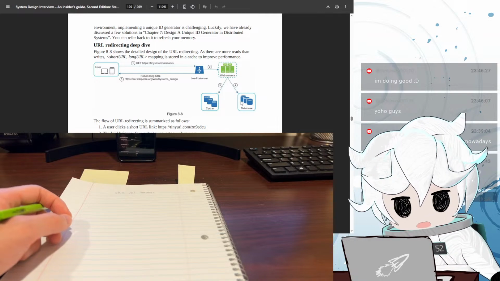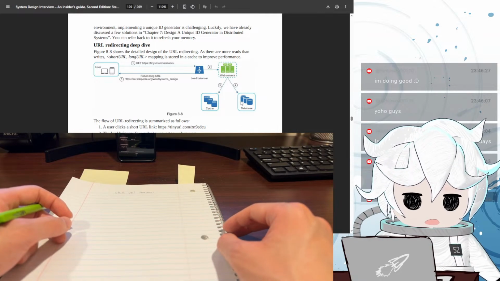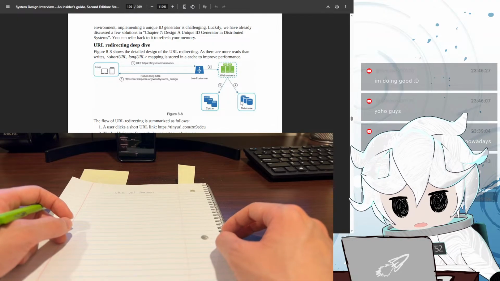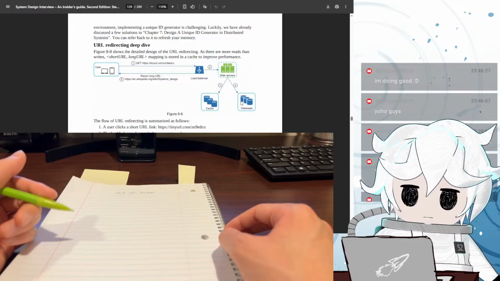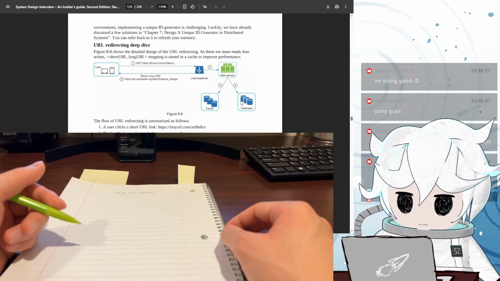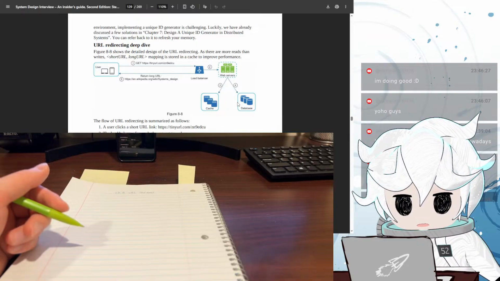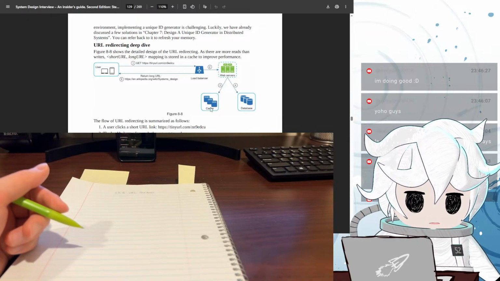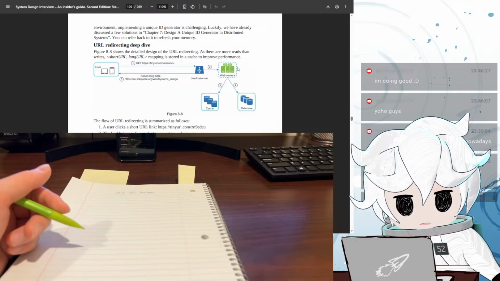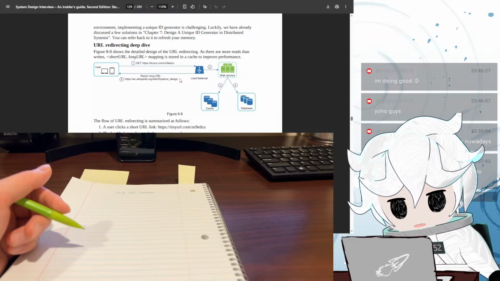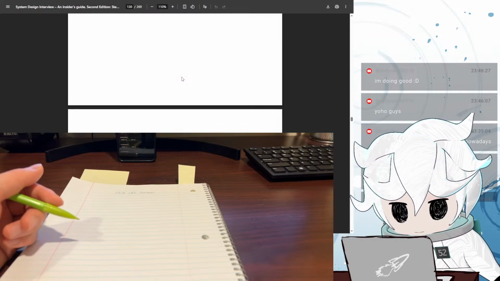And API number 2 is, given a short URL, convert it to a long URL and give it back to the user. That's literally it, right? So we just have a database fronted with a cache that our web servers can interact with. And then we have a load balancer. That's literally it, right?